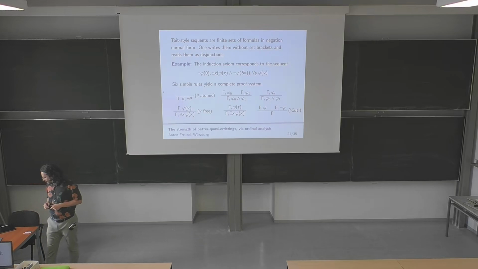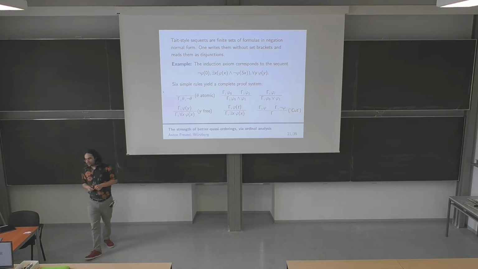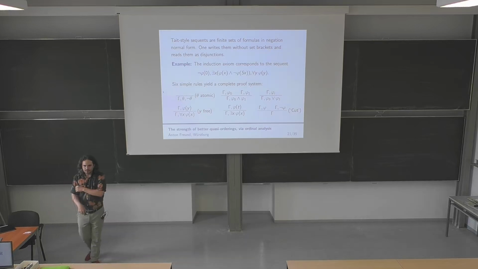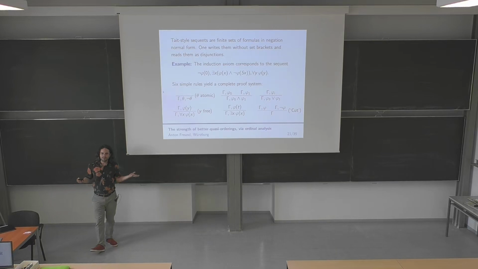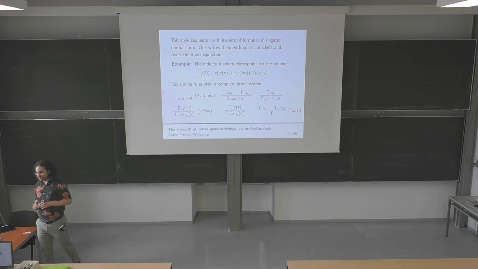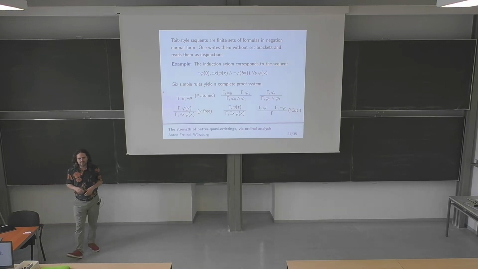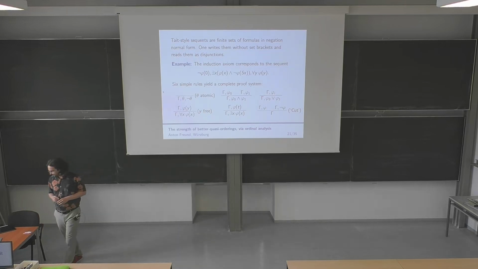And then you have this really elegant calculus, which has maybe the only drawback that it's not suitable for intuitionistic logic. So due to this negation normal form thing, somehow classical logic is inherently built into it. And you can, of course, write down sequent calculi for intuitionistic logic, but then they have, well, some more rules than this. So if you're only interested in classical logic, I think this is a beautiful framework to choose.